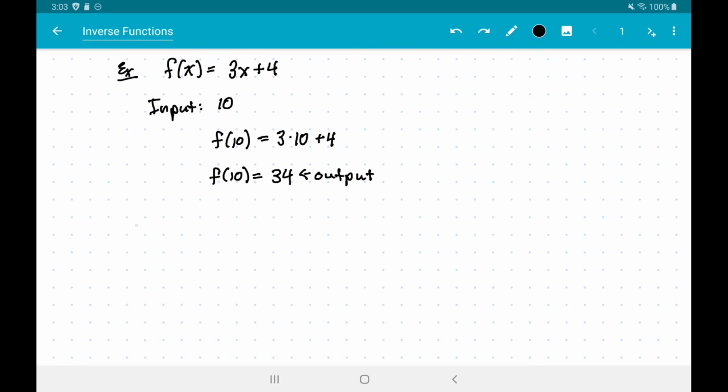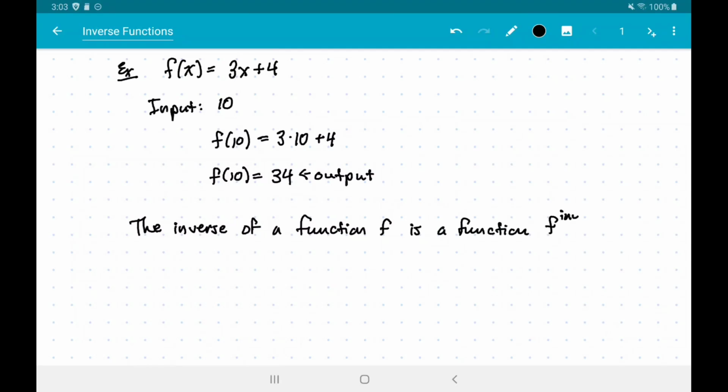The inverse of a function f is a function which I'm going to call f with a little inv up at the top. There are other notations for this, but this is what I'm going to use in this video. The inverse of a function is another function, f inverse,